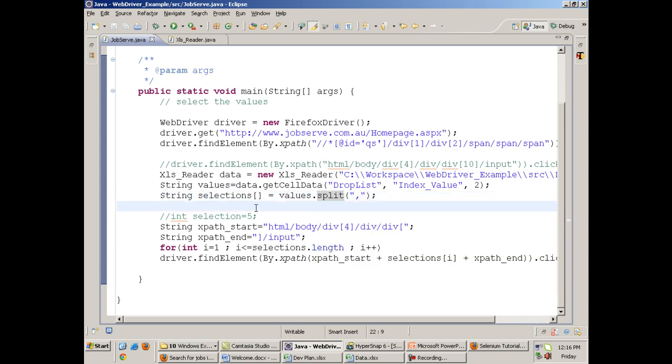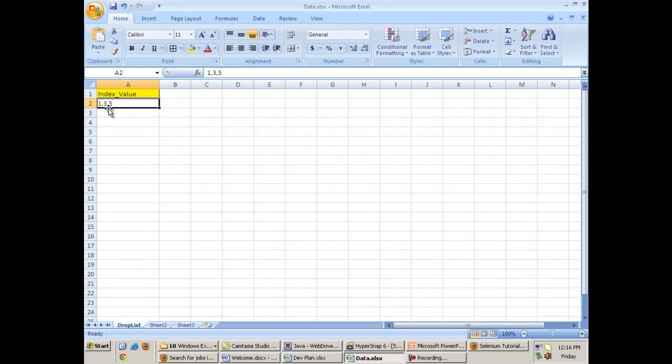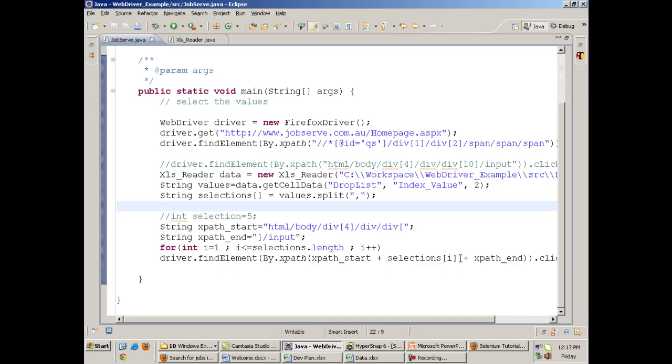So this selections array would be something like, in the first index 1 will be present, in the second index 3, and third index 5. So now when I write selections i over here, I'll have to write selections i minus 1, because the array is starting from 0 and i is starting from 1.